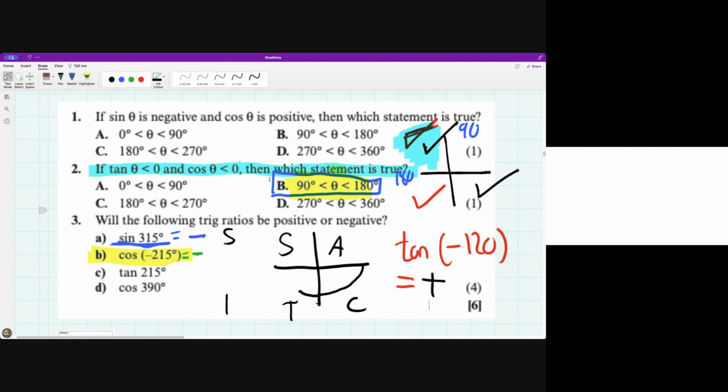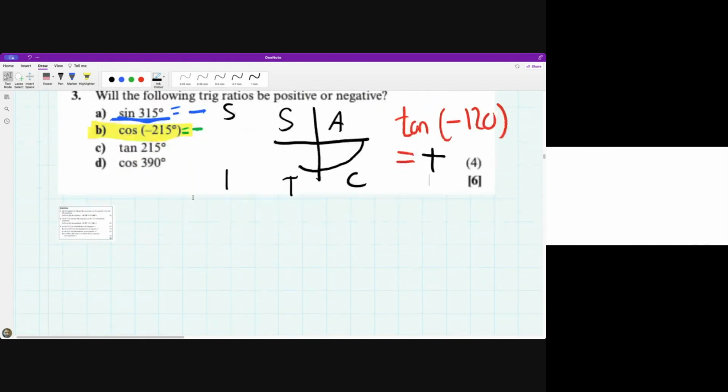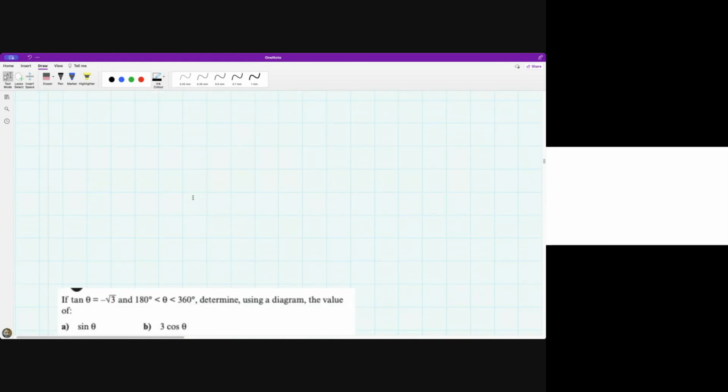Okay. Give me a thumbs up if you feel like you understand negative and positive angles, depending on what quadrant you're in. Okay, so we're doing a nice little bit of revision tonight. We're just getting those trigonometry juices flowing here. So let's go and look at a